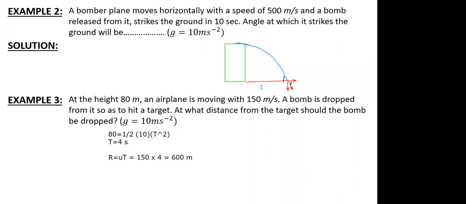Yeah, Dvit, tell me. Sir, I had a doubt in the second one only. What is your doubt? Sir, I was getting tan inverse of 1 by 10. How come you're getting tan inverse of 1 by 10? I got the height as 500 meters and then the range as 5000 meters. But why are you taking the height? What should I take? Don't you think you're actually getting the angle of the displacement, the hypotenuse? Yes, but sir, my projectile is not along that line. My projectile is a curve.